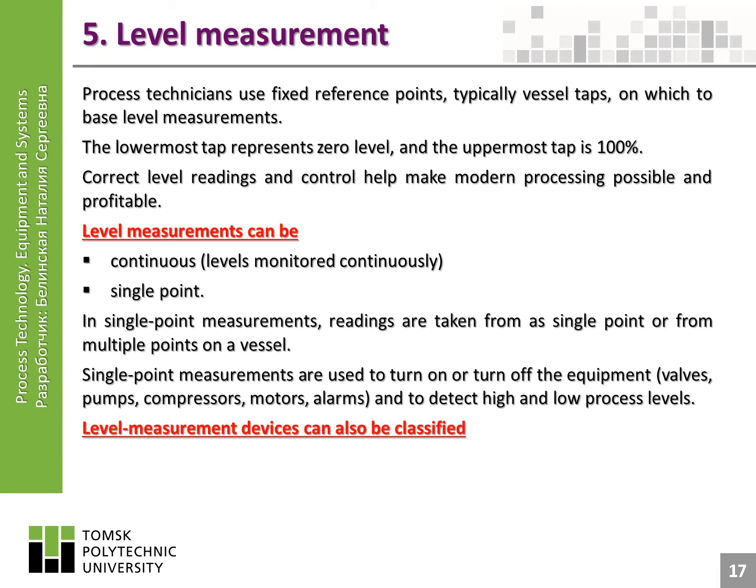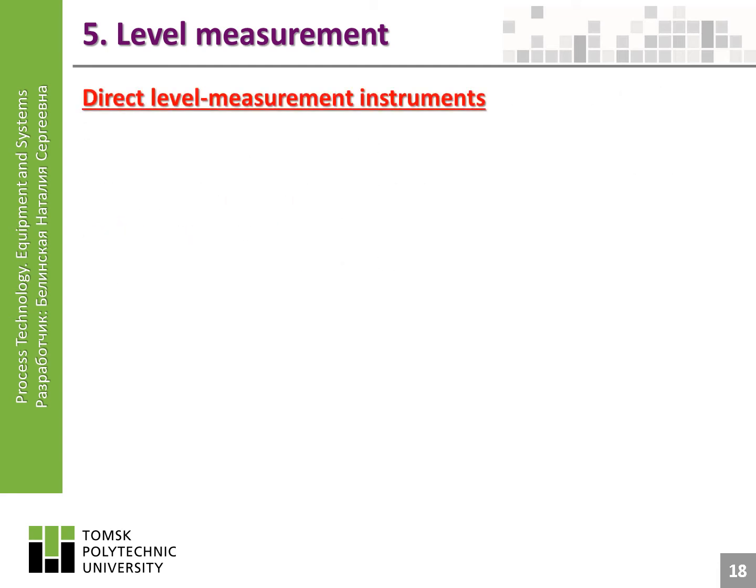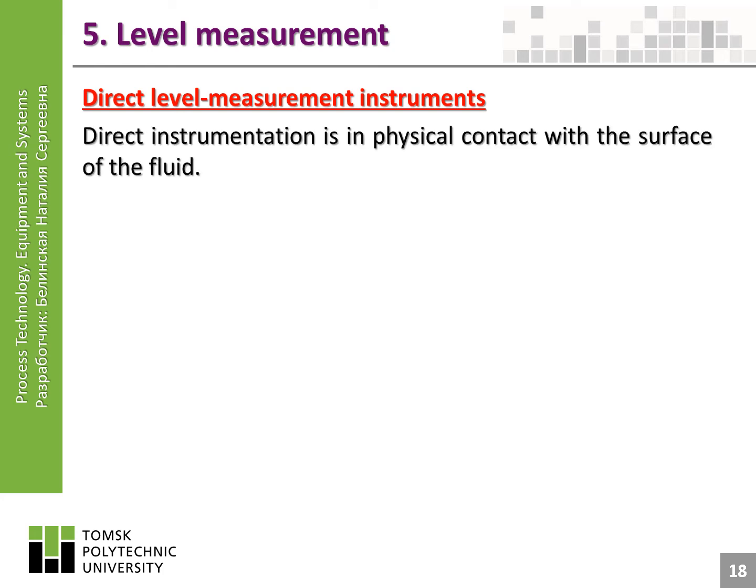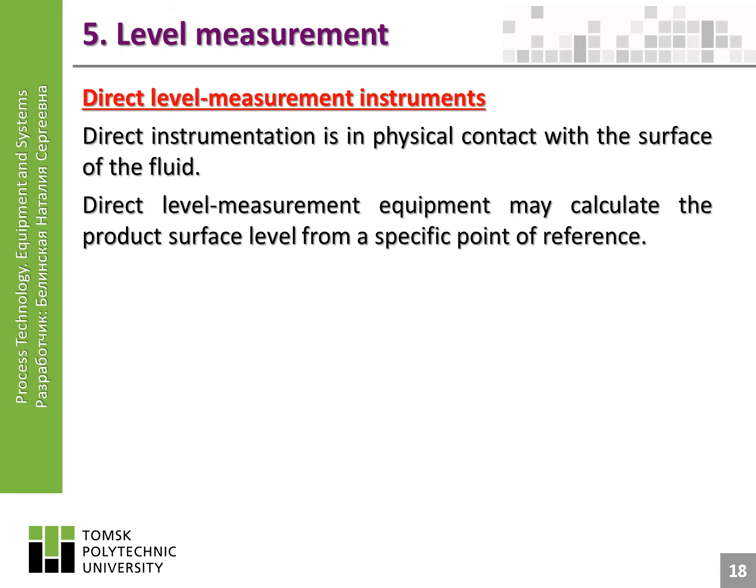Level measurement devices can also be classified as direct or indirect. Direct level measurement instruments. Direct instrumentation is in physical contact with the surface of the fluid. Direct level measurement equipment may calculate the product surface level from a specific point of reference. Direct instruments include sight glasses,